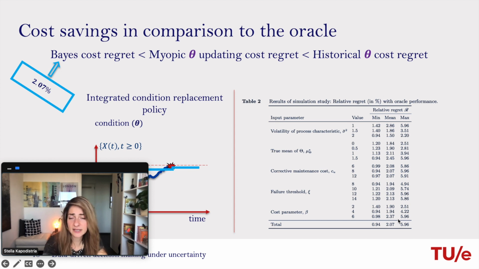So we tried a test bed of several cases to see what the most extreme situations would be that we could find. The most extreme situation is when you have very high volatility and you try to learn it, but somehow you don't manage to learn it very well, and then you misspecify it, and that leads to a regret, so you're off by a percentage of 2.86, and on average the regret that we computed is